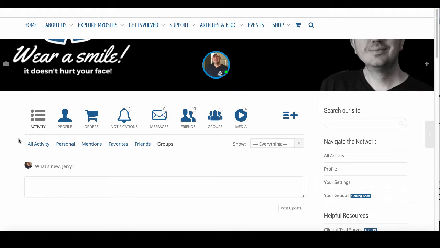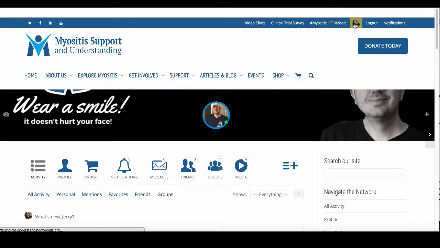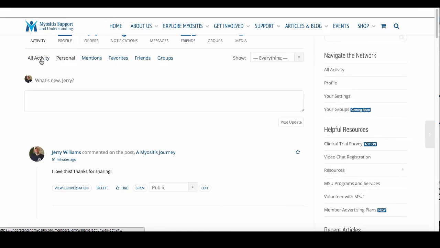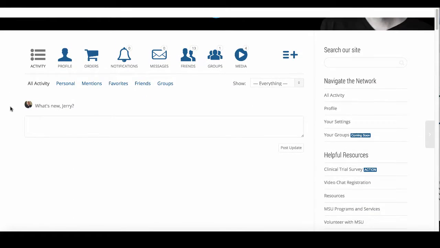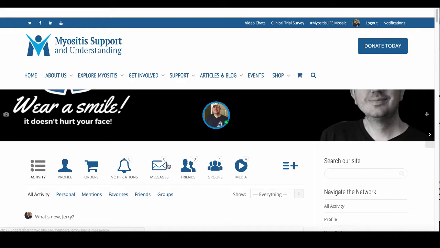So that's the basics. The thing to remember is to access, you have to be logged in. You can click on your profile photo here to access the network. To view all activity, not just yours, click on all activity, and it will take you from there. Some of these other features,